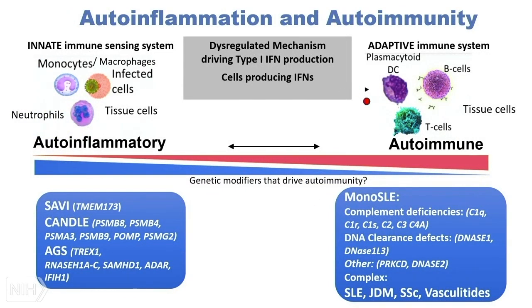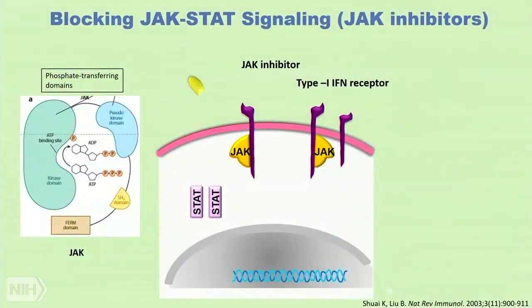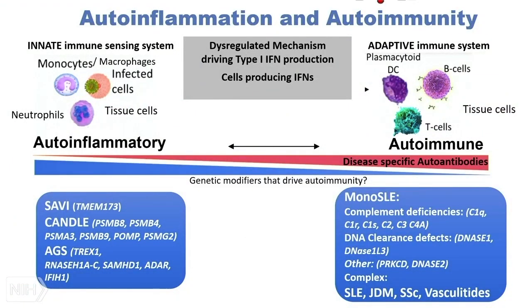In contrast to the autoimmune interferonopathies, which include the complex diseases, lupus, JDM, and some vasculitis and scleroderma, there are no disease-specific autoantibodies that we find in the autoinflammatory interferonopathies. And while many of these conditions have immune complex deposition in the tissue that actually drives the pathogenesis and the tissue disease, and more activation of the adaptive immune cells, we mainly see the innate immune cells to be activated